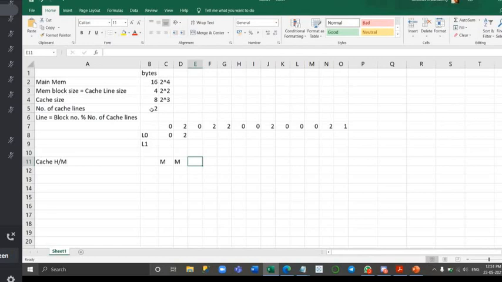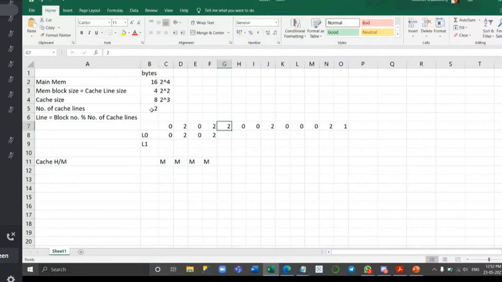Next time, 0 comes up again. It searches in the cache, and the data for 0 is not found, so it becomes a cache miss and overrides the value of block 2 with block 0. Now block 2 comes in again. 2 modulo 2 is 0. It checks whether it is present in line 0; if it doesn't find it, it becomes a cache miss, and it overrides block 0 with block 2.